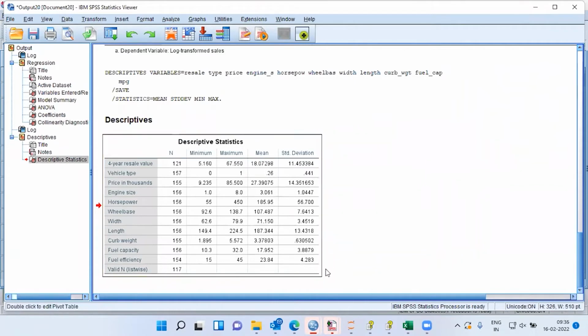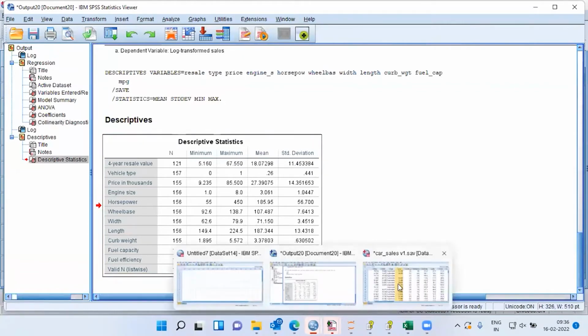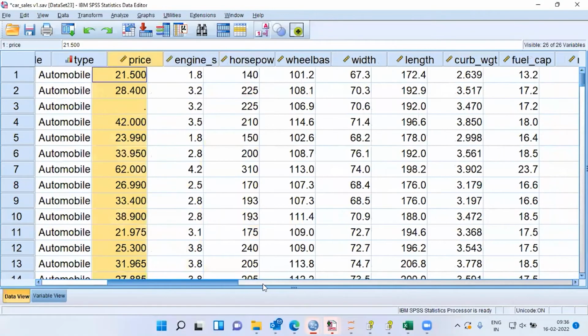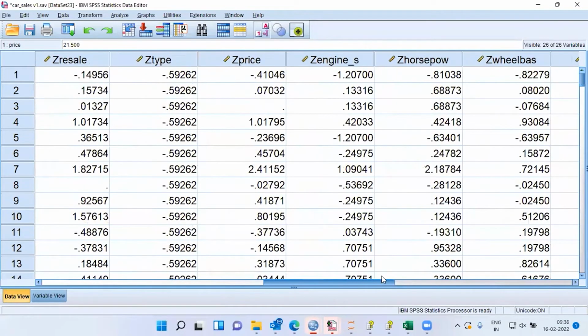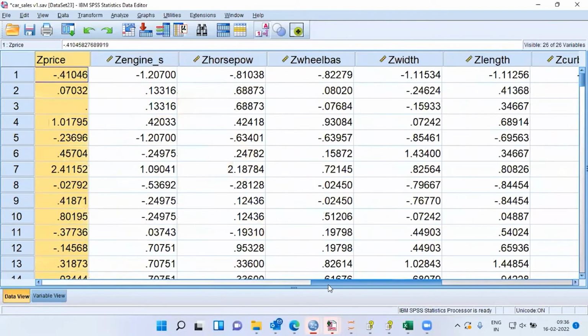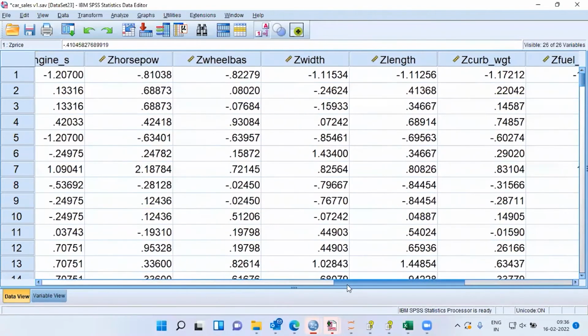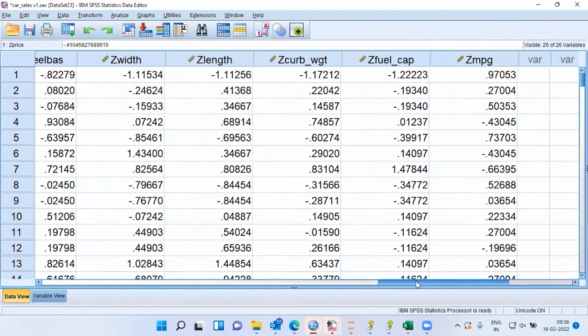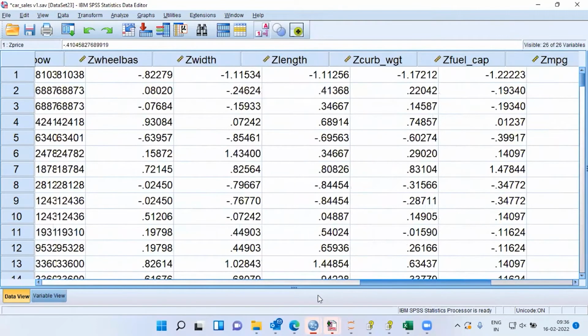I'm not interested in these columns. So let me go to my data set. Let me scroll to the extreme right side. As you see here, there are new variables that are created. It begins with the prefix Z. These are my Z scores. So the Z score for resale variable is generated. Z for type is shown. The Z scores for price, engine size, horsepower, wheelbase, width, length, curb weight, fuel capacity, and mileage per gallon are